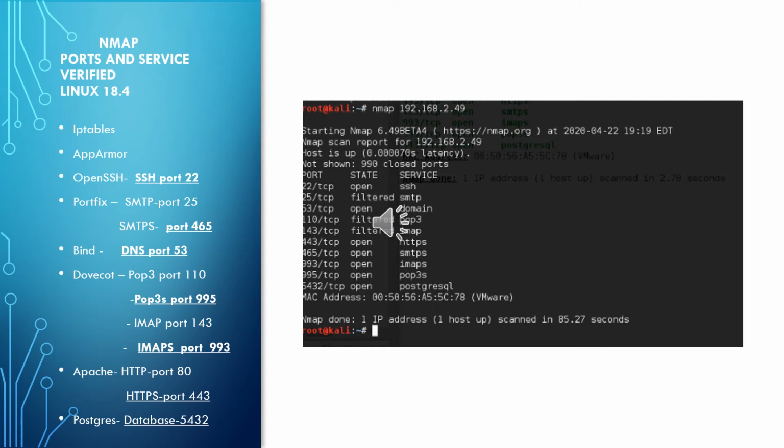Bind was properly configured and installed and was running DNS on port 53. Dovecot was installed and properly configured and was running POP3 on port 110, and I changed it to a secure port for POP3S, which is port 995. IMAP was installed and properly configured and it was running on port 143, and I disabled it for secured port